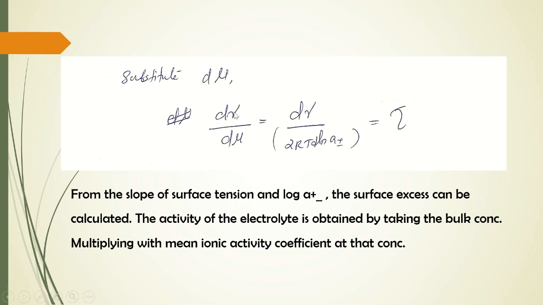So this is how we are calculating the surface excess by performing an electrocapillary measurement. And in general, once you get the interfacial surface tension at an electrode-electrolyte interface, you can get an idea of the surface excess and the potential corresponding to that double layer or triple layer, whatever it is.